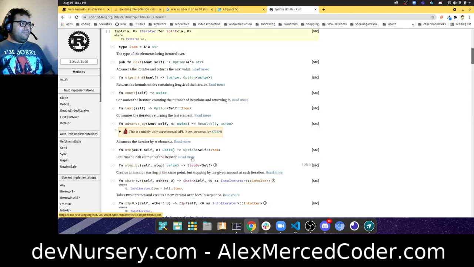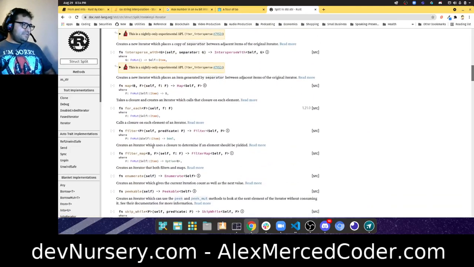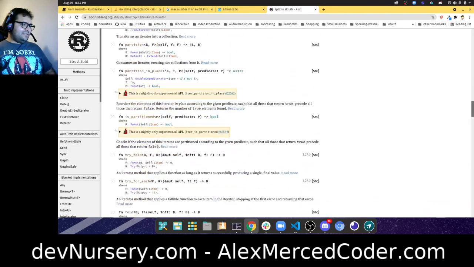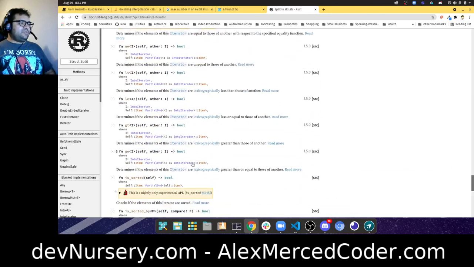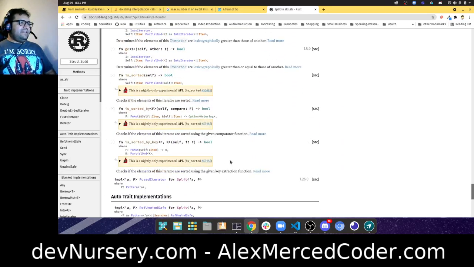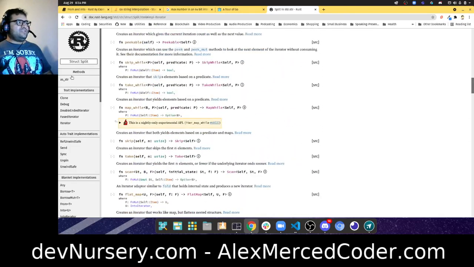Here's that trait implementation for iterator, the type of elements being iterated over. For something to be an iterator, it has to have an item, next, all these kinds of things built into it. So that's interesting. Again, it takes a while, and I'm still getting used to looking at this and it making sense. It's categorized nicely, but there's a learning curve. But once you get used to working through the documentation of these libraries and custom libraries, and how they're organized by traits and the implementation of those traits,